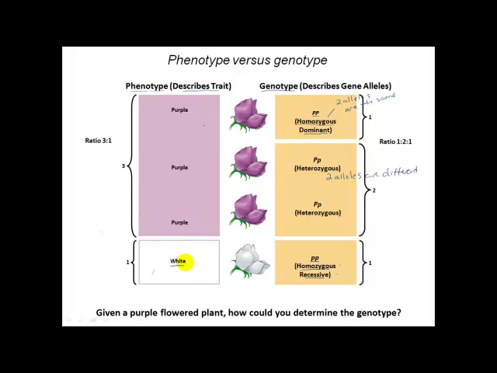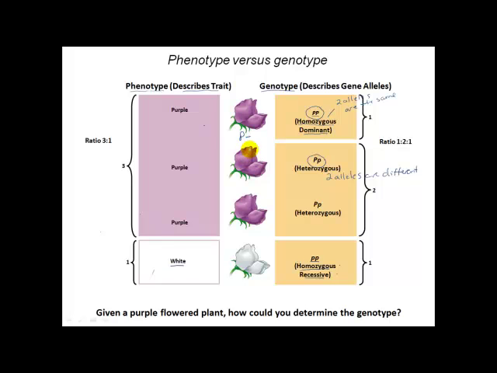So that's unambiguous. On the other hand, if you saw a purple flowered plant, would you know what the plant's genotype was? Well, no, you wouldn't, because this dominant phenotype can be associated with two different genotypes, either the homozygous dominant genotype or the heterozygous genotype. You only need one purple flowered allele to show the dominant purple flowered phenotype. The other allele can be either the dominant or recessive allele, right?